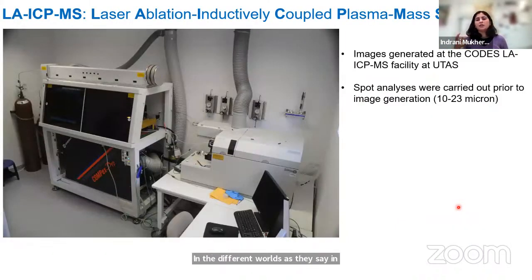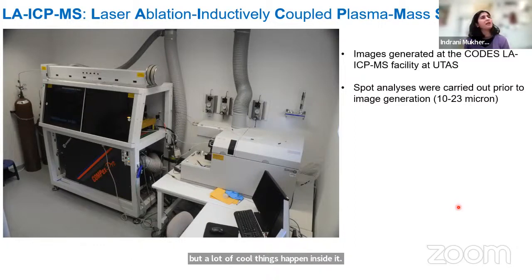But I wanted to get the compositional context. Once I had this textural context, I wanted to see, well, if that's more biogenic, that's not. Let's see what the composition tells us. I know this looks like a black box, but this is an incredibly useful instrument. I've used it a lot for all sorts of things. It's the laser ablation machine. And I know it looks like a black box, but a lot of cool things happen inside it.